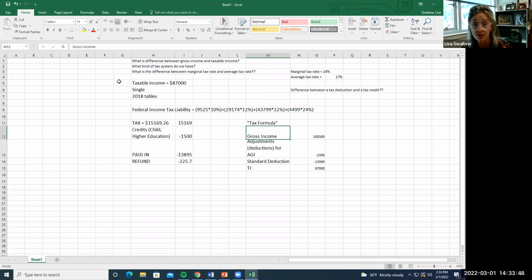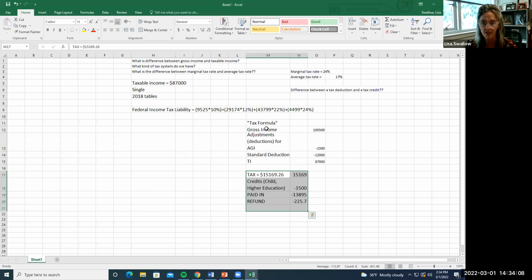And then you have to take your taxable income and go to the tables and calculate the liability. And then compare that and say, hey, how much did I pay in during the year? And do I have any credits? And then I get to figure out, so this whole thing, you know, it goes under here. This whole thing's the tax formula, right? What I'm trying to show now